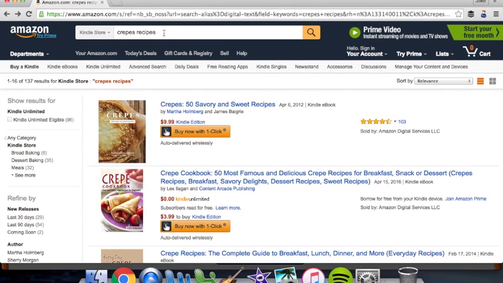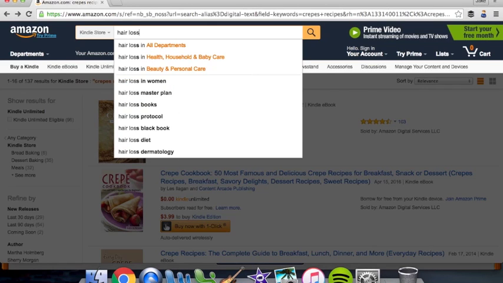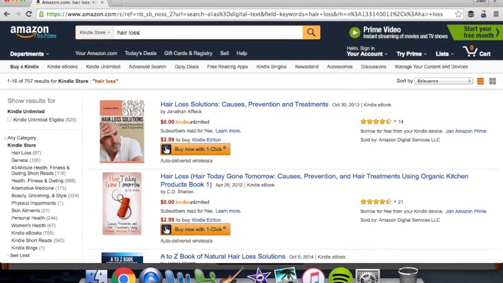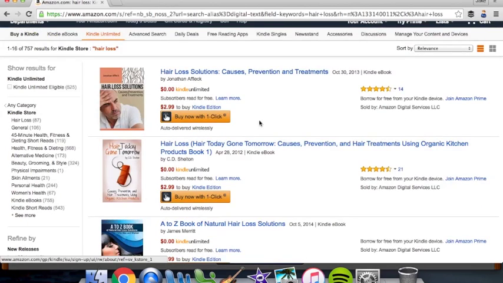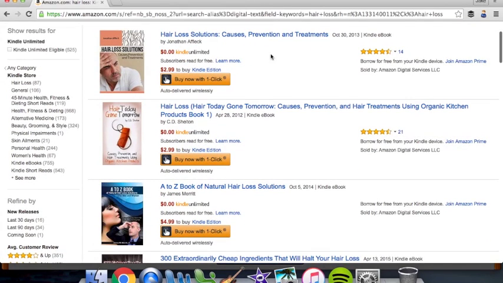So let me show you guys an example of why every book doesn't work no matter what the market is. A $1 billion industry like hair loss. Okay, hair loss might be a $1 billion industry, but that doesn't mean people are buying Kindle books on hair loss. So if you go here and check out these top books, these are the top selling books right at the top. If you click on one of these,